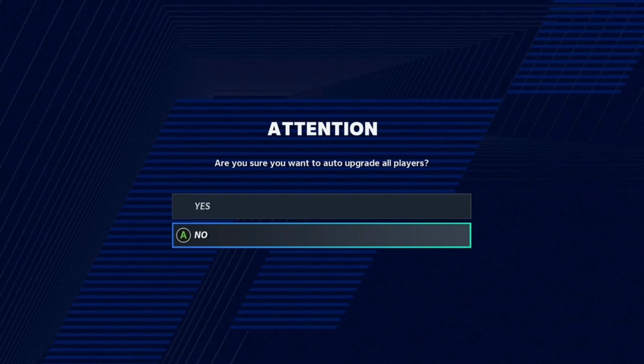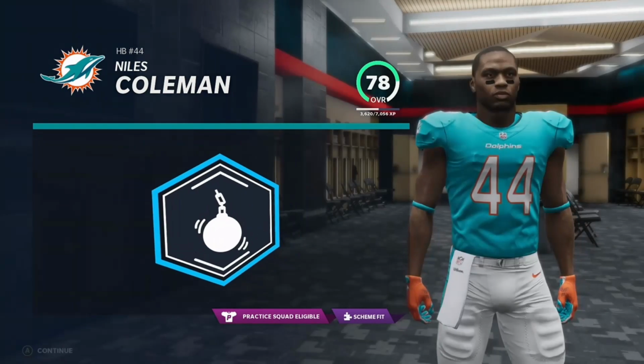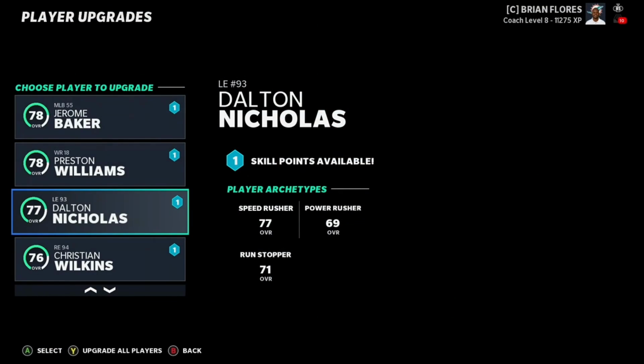We seem to have done better last year compared to this year. And that's kind of confusing because our overall is better here. So Niles Coleman here, what is he? He's a star dev, so not terrible here. Now, when we look at our actual team